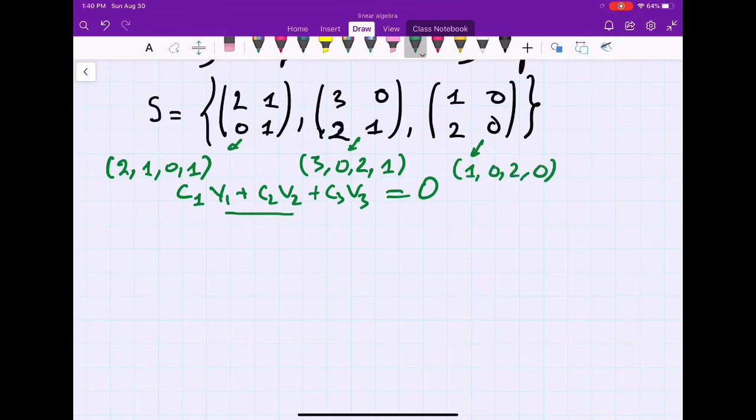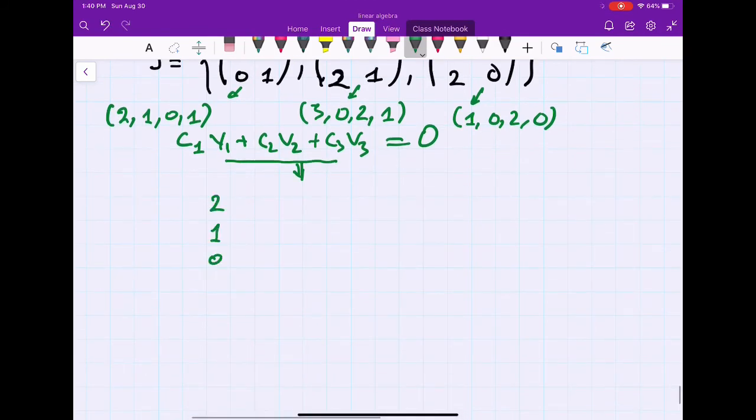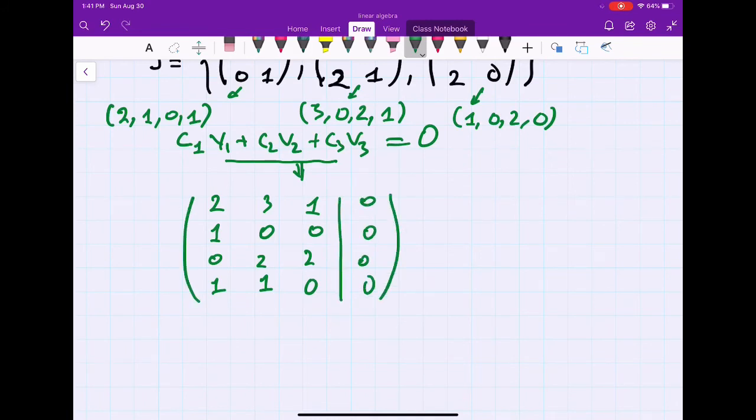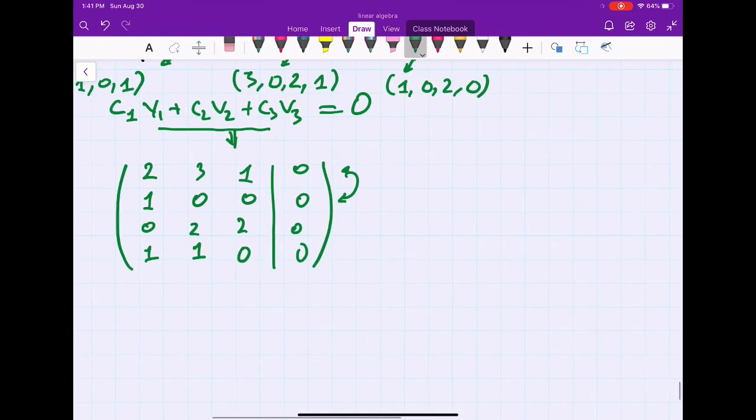So I can rewrite this system as 2 1 0 1. We write them in the column forms, right? 3 0 2 1. And here I have 1 0 2 0 and 0 0 0 0. Does that make sense? And now our job is just to solve this. Even we don't have to solve this. We just need to see the solution set, how many solutions this system has. So I may interchange the first and the second row,